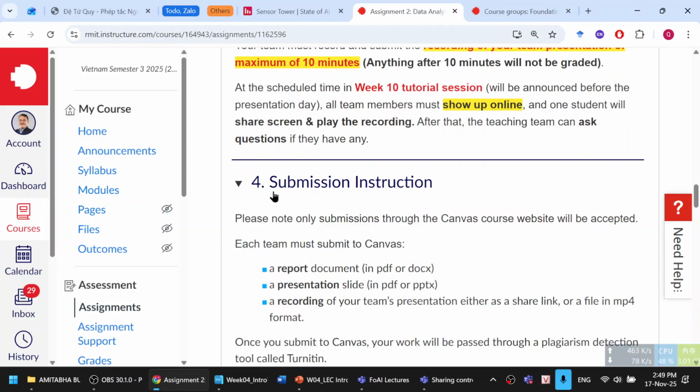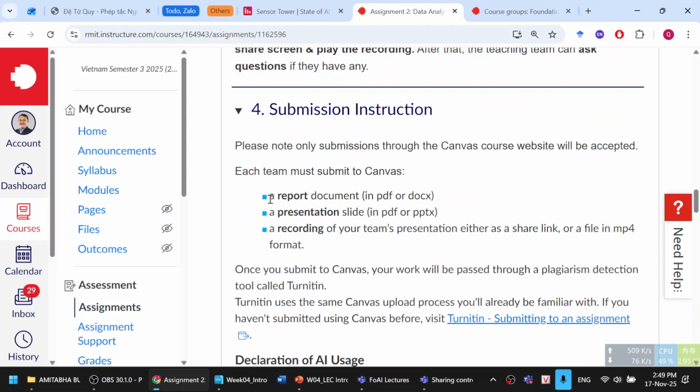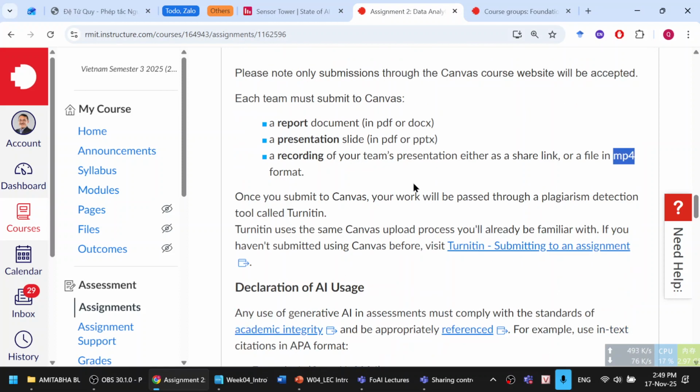And as submission instruction, you need to submit at least 3 files: the report, the presentation slide, and the recording. It can be the link or the file. Less than 1 gigabyte or something, I can't remember exactly. Yeah, there is a limitation from Canvas. If you cannot submit it, then you can submit it on YouTube or any drive, and then you can play